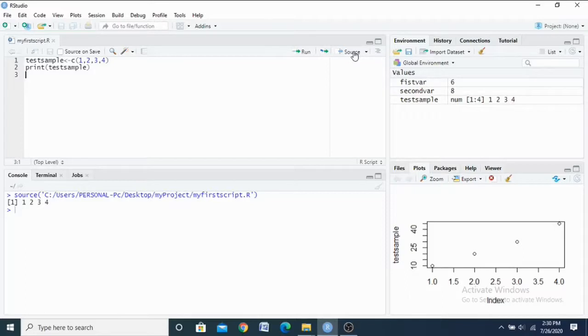Next I have to try in the same file itself: first variable equal to 10, then second variable equal to 20, like that. Before that, I have to try to print.